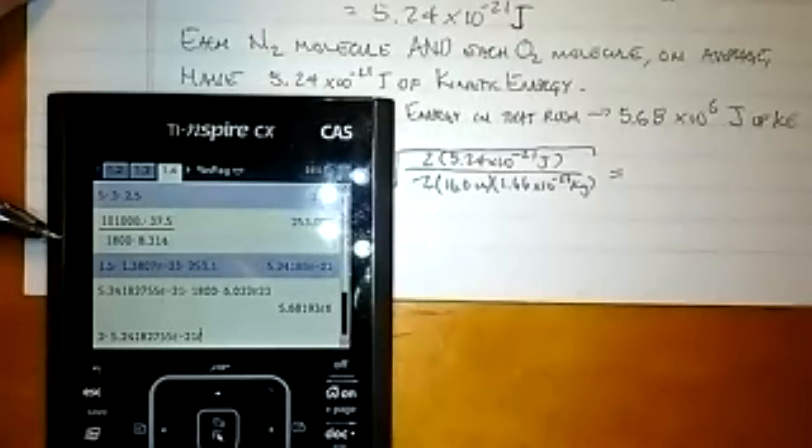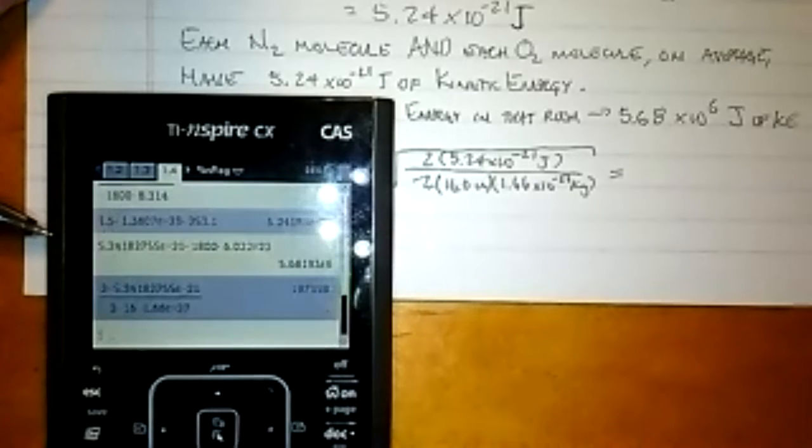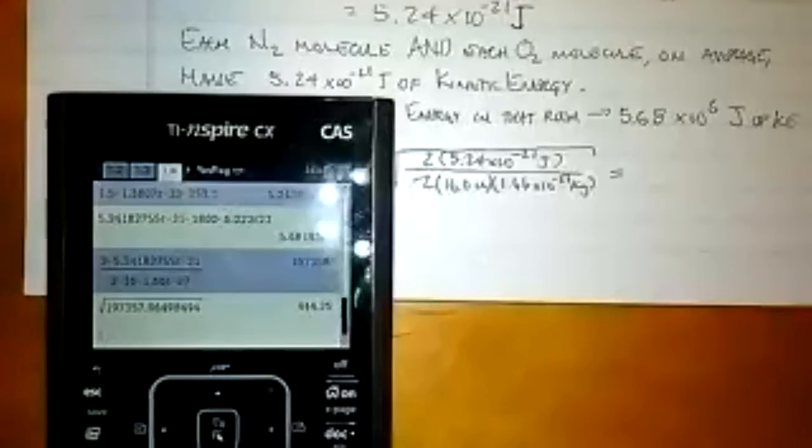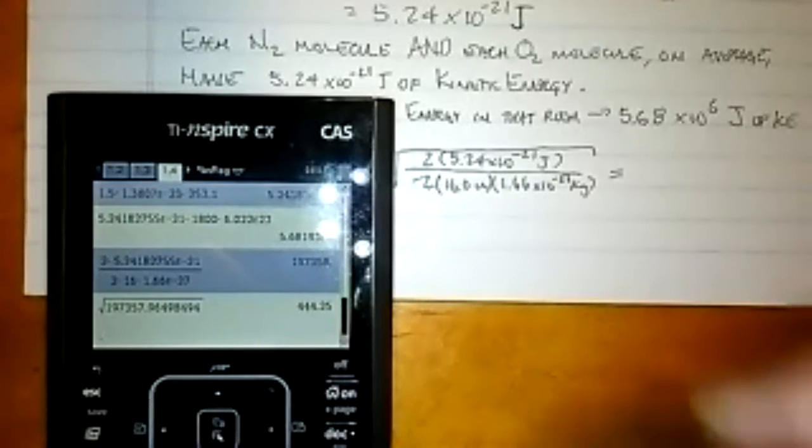And now I'm going to divide that by, and here's where I use parentheses to be safe, 2 times 16 times 1.66 e to the negative 27, close parentheses. That's what's under the square root. Now I'm going to take the square root of all that, and I get 444